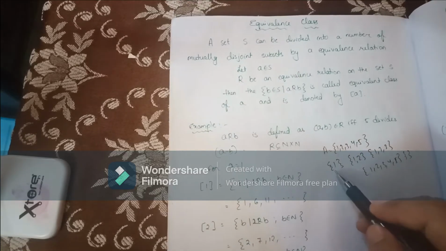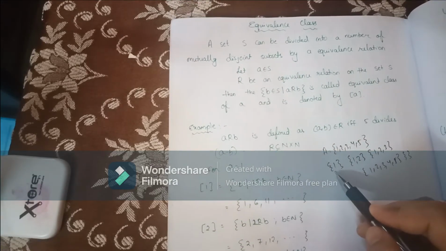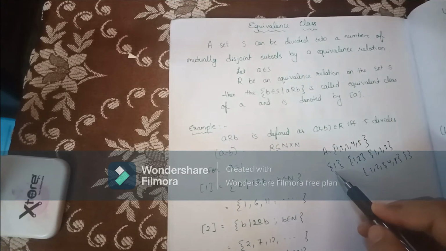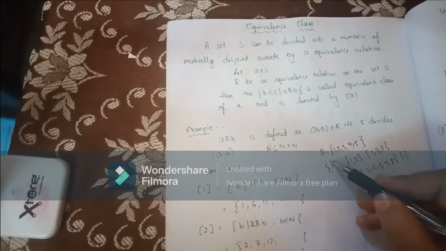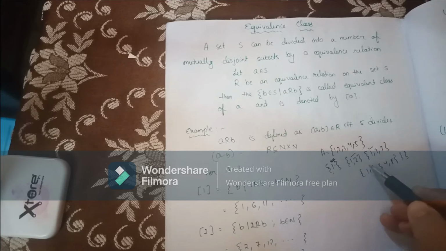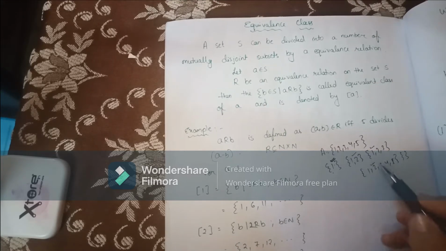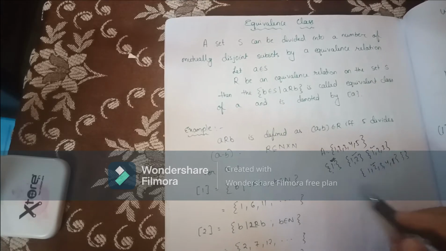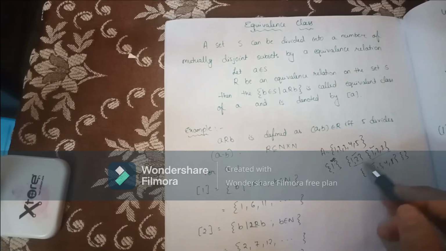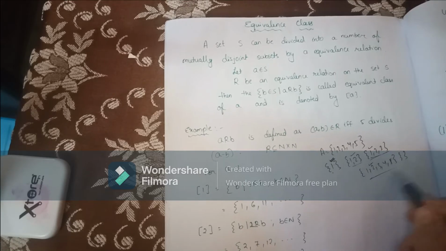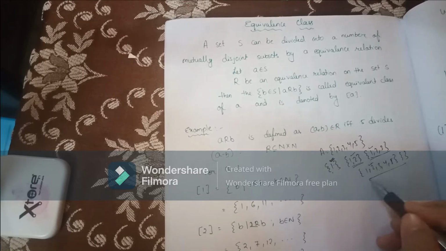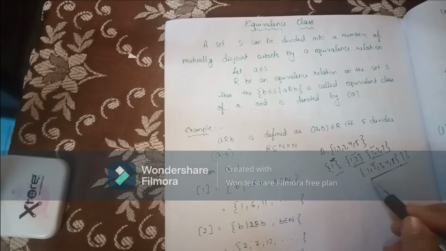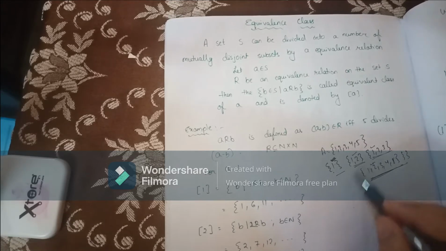Now look, this one element is here, here and here. That means they are not disjoint, right? If you consider everything and find the intersection, then 1 will be the common element. Just like that, in this one 1, 2 is the common, in this one 1, 2, 3 is the common, in this one 1, 2 is the common, in this one 1 is the common. That means they are not disjoint.